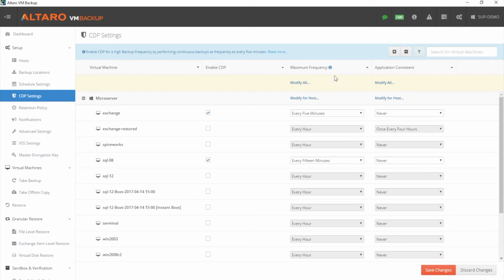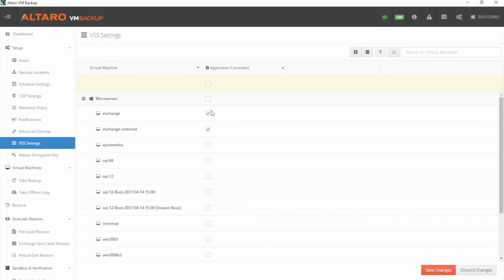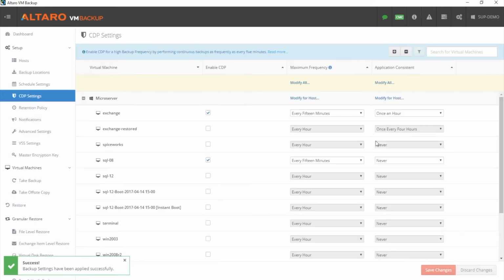Besides setting the maximum frequency, we have the option to set the application consistent frequency. Why are application consistent backups important? Especially for Exchange and SQL, highly transactional database apps need application consistent backups, whereby the virtual machine needs to make use of the VSS writers inside in order to truncate the logs. In my case, I have application consistent disabled within the VSS settings screen. So ensure that this is enabled if you are going to back up any Exchange or SQL virtual machines. Now if we go back to the CDP settings screen,